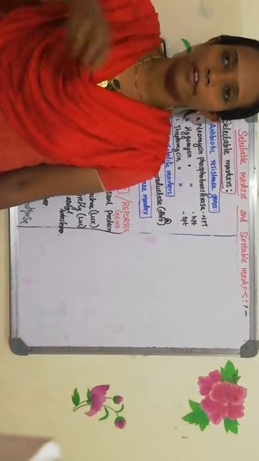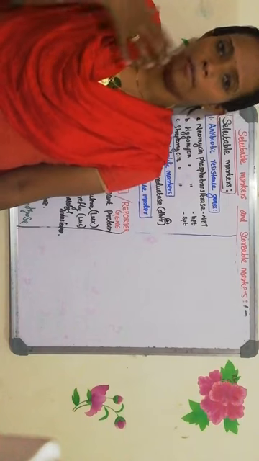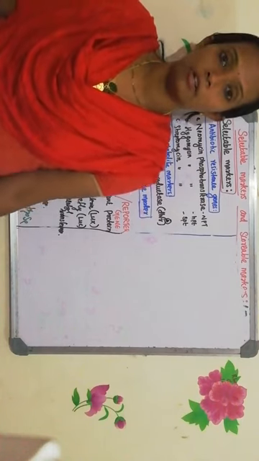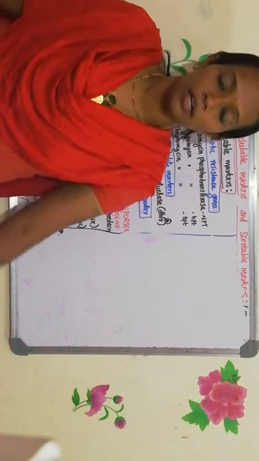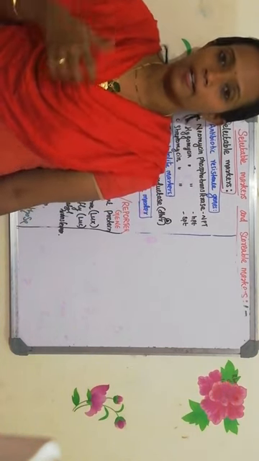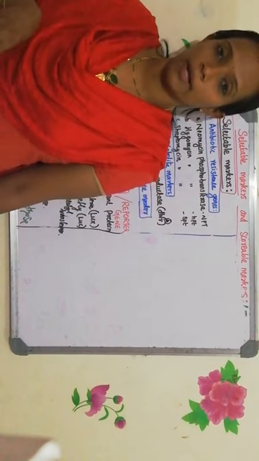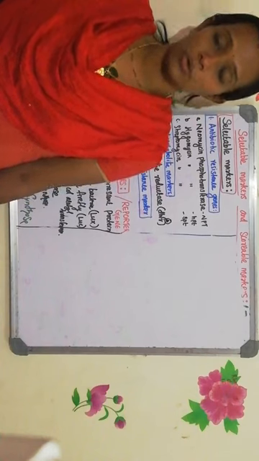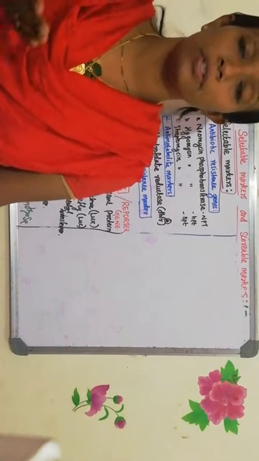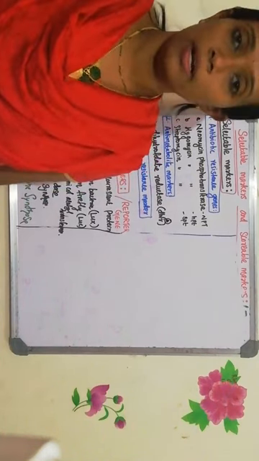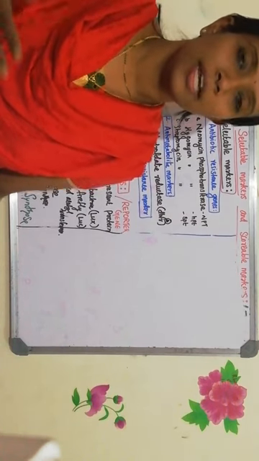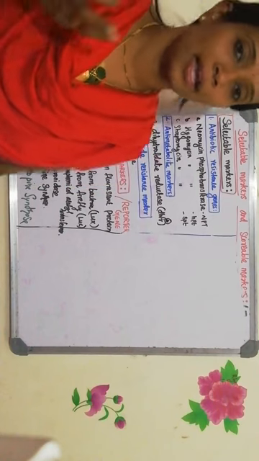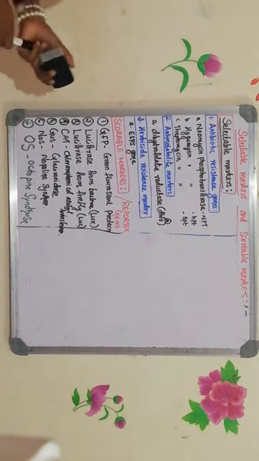When you put some fertilizer in the soil, before the crop plant can take it up, the weed will take it up and grow faster. So you must have seen in the field that people always pluck the unwanted plants near the crop plant, because they will take up all the nutrients from the soil. They grow faster than the crop plant, which will not allow normal growth of the crop plant. So there is a need to remove this weed. Weed species can be killed by a chemical substance called a herbicide.